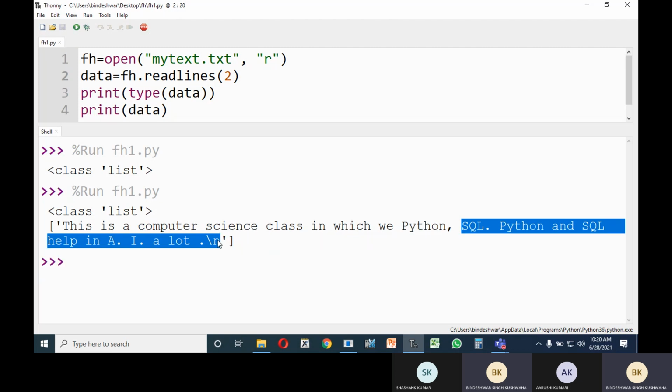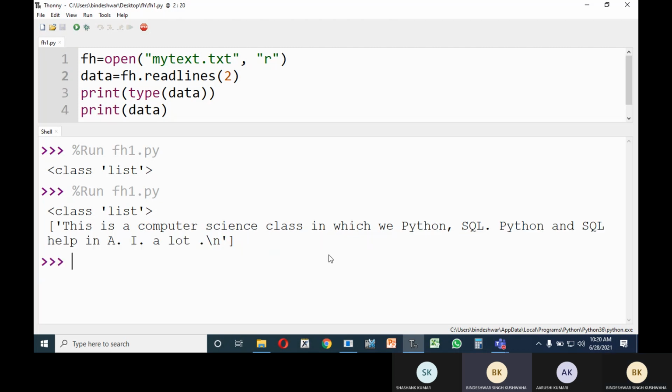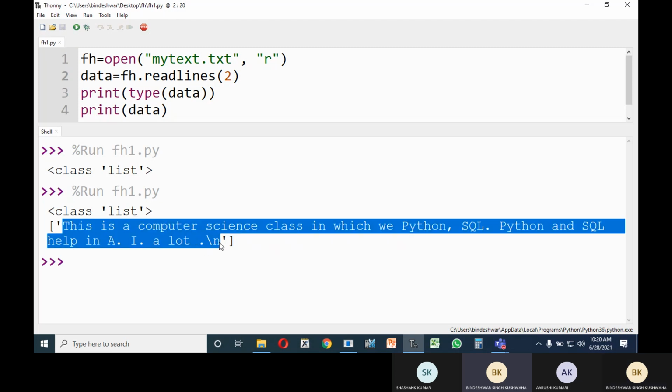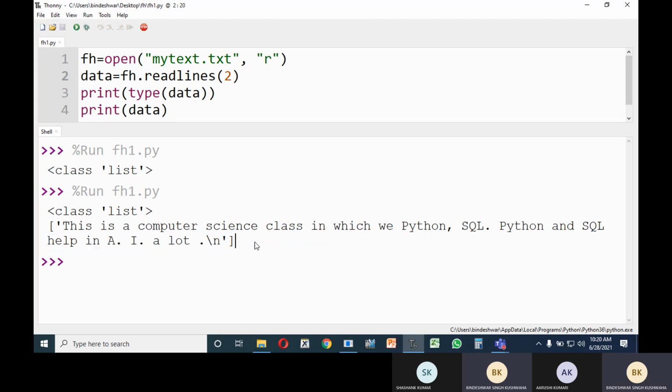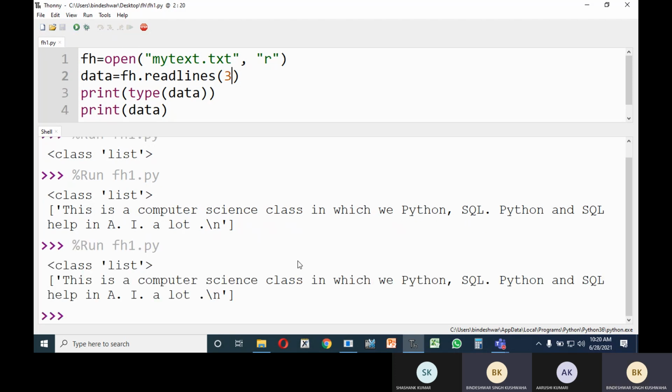Sorry, actually the first line is the first argument, the second line is the second argument. If I am using 3, it's still the same thing.